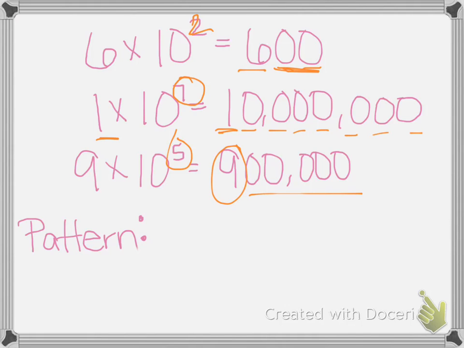So make sure you explain the pattern you see. You have the number times 10 to the 5th means the exponent is the number of zeros that you add. When we have a grade like this,